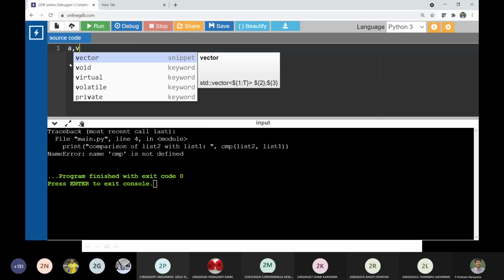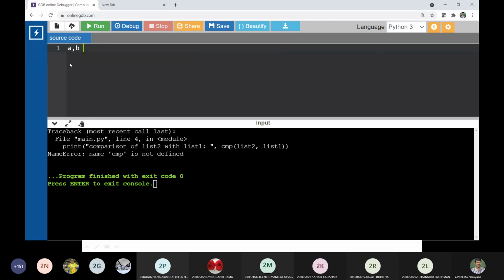A comma B is equal to 1 comma 2. Can we do like this? What is the concept behind this? This is also one type of assignment.